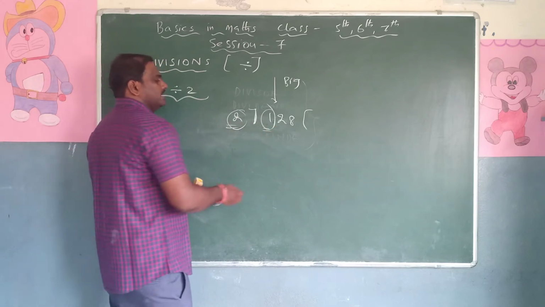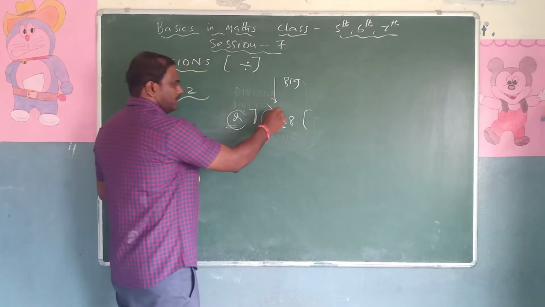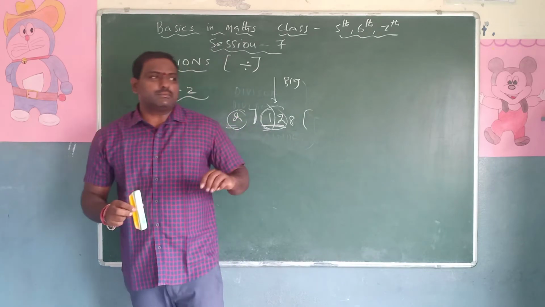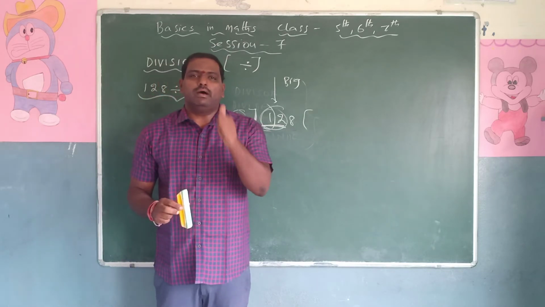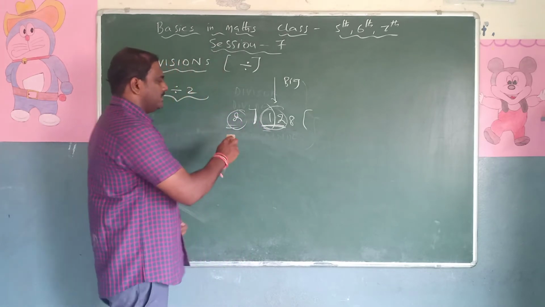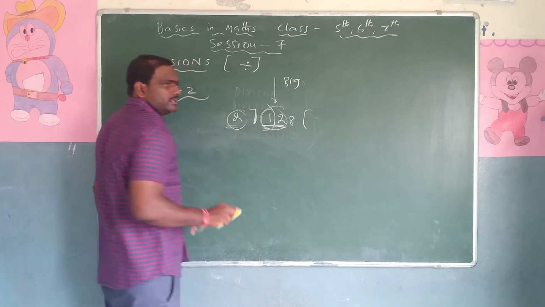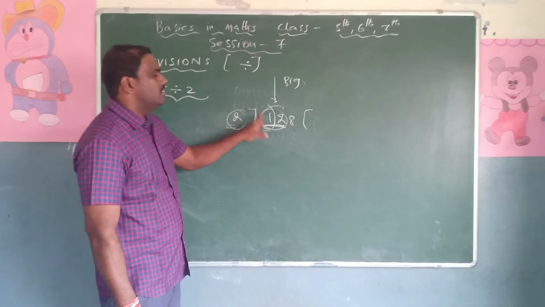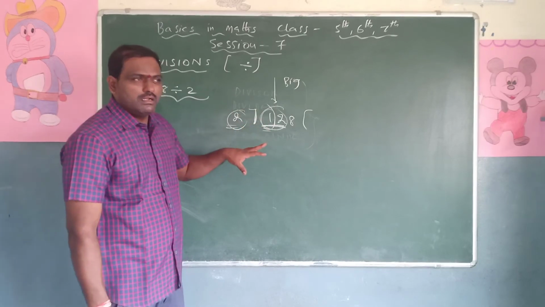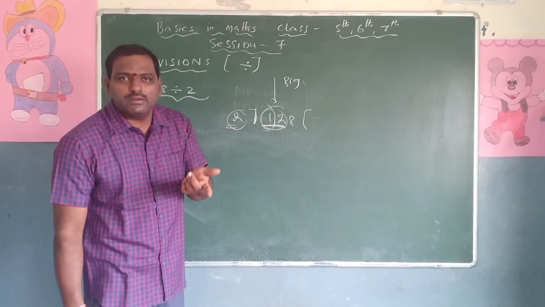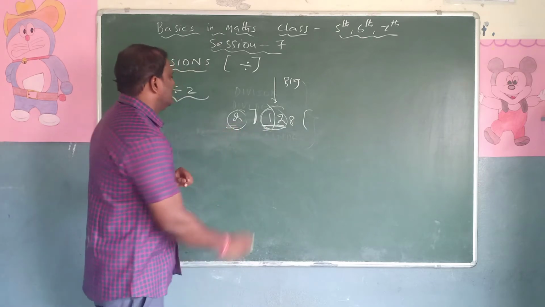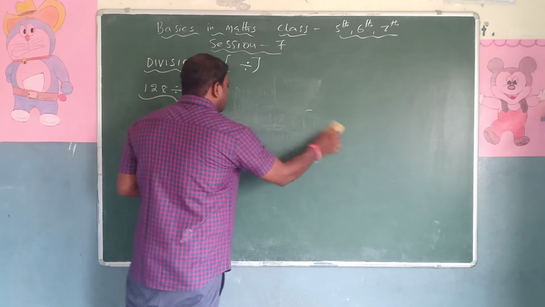So in this case we have to take two numbers at a time. In some cases we will take one number and in some cases we will take two numbers at a time. Why we have to take two numbers: the number inside the bracket must be bigger. In some cases the number inside the bracket will be small. In that type of cases what we have to do? We have to take two numbers at a time. Got it?